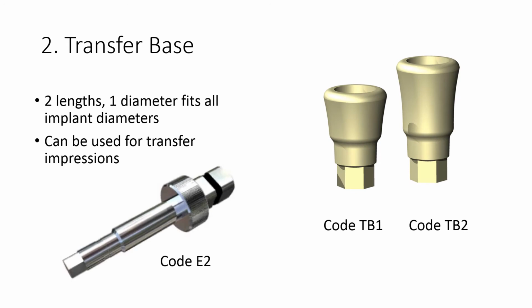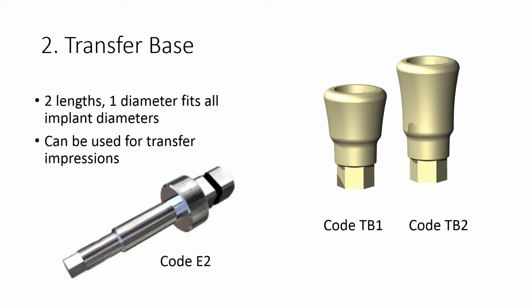Now, the next range of healing abutments that the system has is our transfer bases. Now we have two lengths, and one diameter fits all diameters of implant, and unlike the tissue expanders, they can be used in order to take a transfer impression, and they are used in conjunction with our extender,